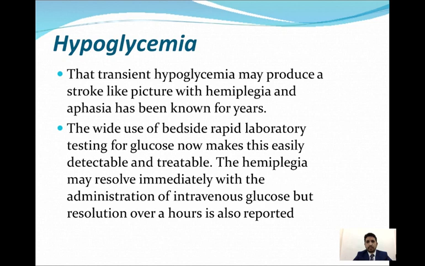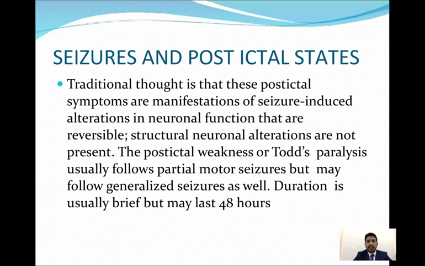Hypoglycemia may produce symptoms that resemble stroke, like hemiplegia and aphasia along with confusion, but for every patient who presents to you in the emergency or in your clinic, please check his RBS. Seizures and the post-ictal state are another very important differential. Seizure can present with paralysis or paresis of a limb, called Todd's paresis. So how can you differentiate between seizures and stroke? Usually patients with seizures have a previous history: either they are taking anti-epileptic drugs or they have a previous history of epilepsy.